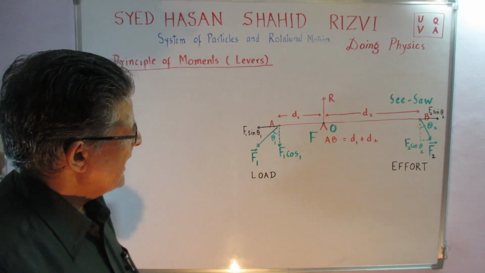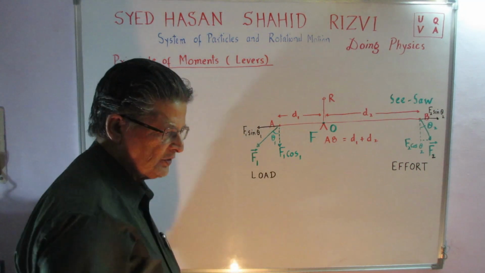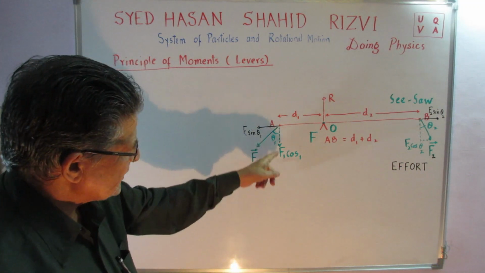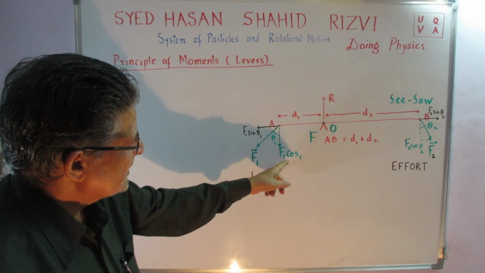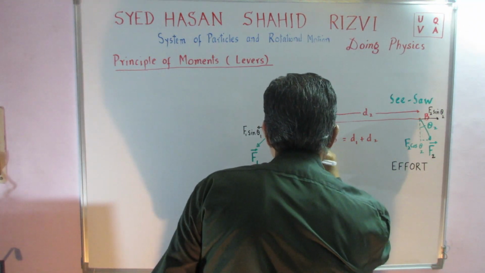I will resolve this F1 into two parts, one along the vertical line, which is F1 cos of theta 1,